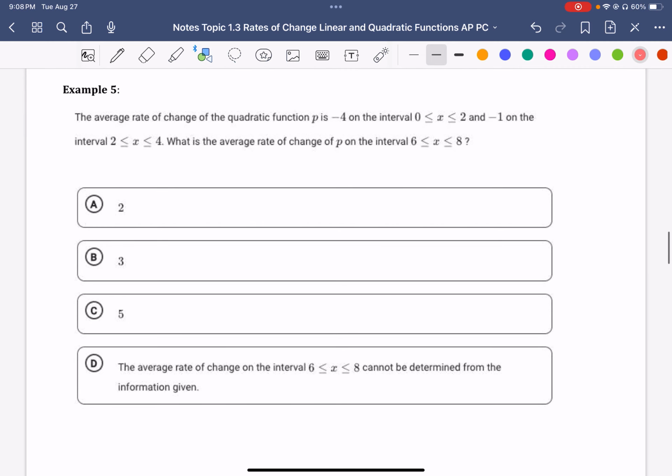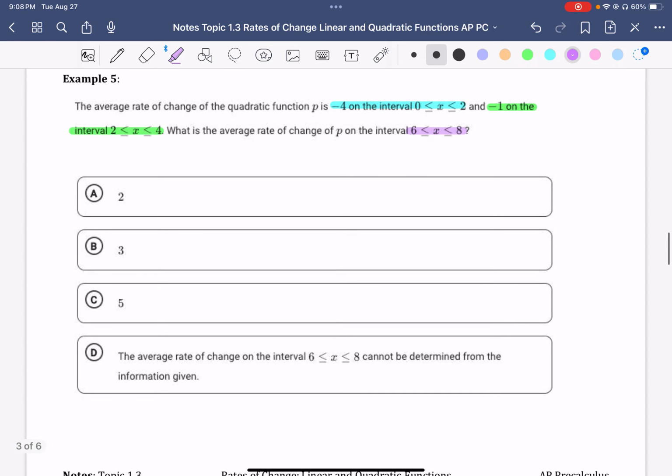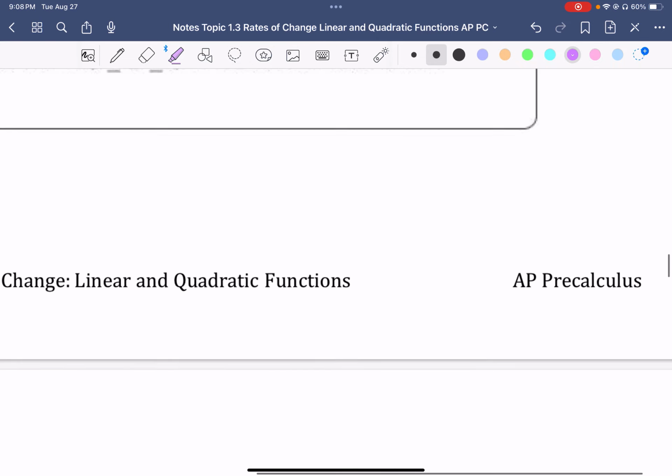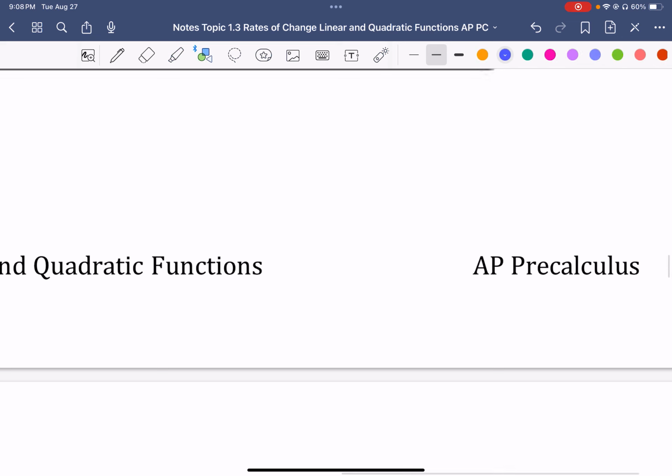Example 5 says the average rate of change of the quadratic function p is negative 4 on the interval 0 to 2, and then negative 1 on the interval 2 to 4. What could be the rate of change from the interval 6 to 8? Okay, so what I'm going to do is create a table. Now there's not that much space, but I'm just going to zoom in here,